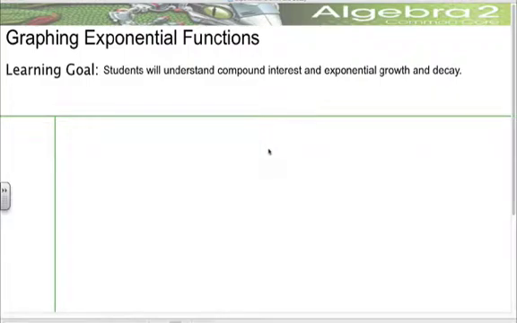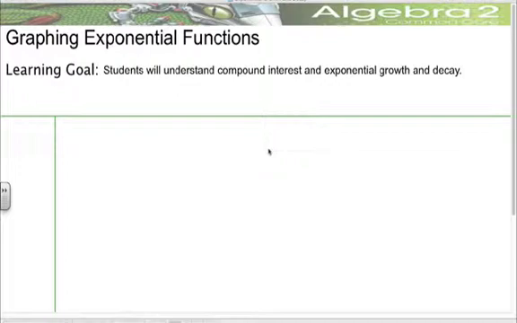So today I want you guys to look at graphing exponential functions. Our learning goal here is that students are going to understand compound interest and exponential growth and decay. But within that learning goal is this component of understanding how the graph of exponential functions work. Because if you understand how the graph works, then understanding the ideas of compound interest and exponential growth make a